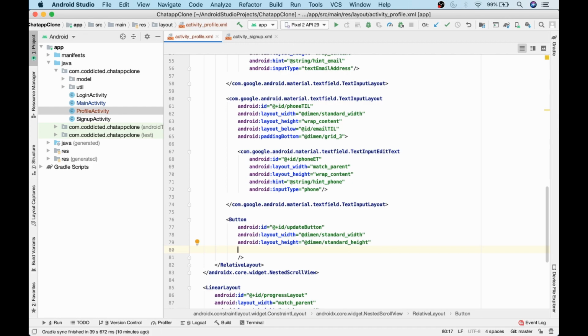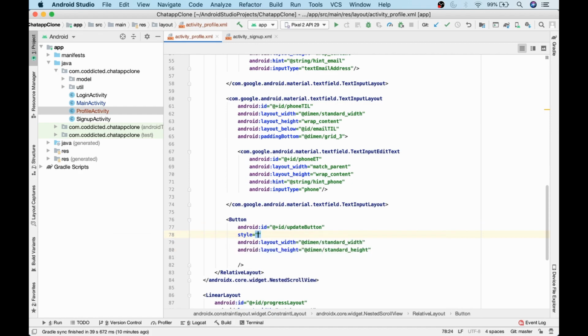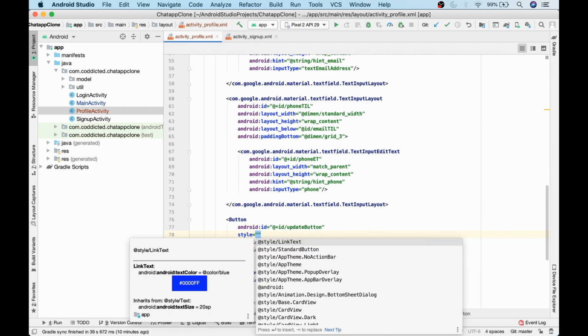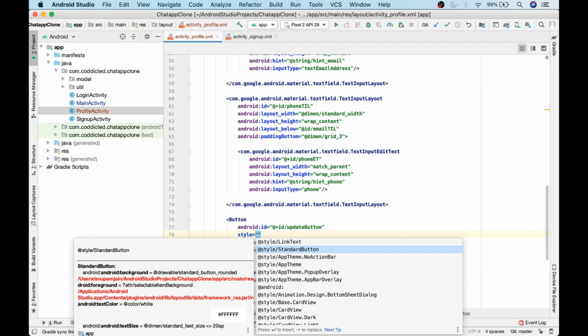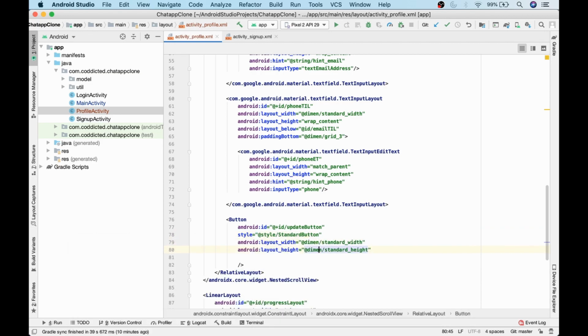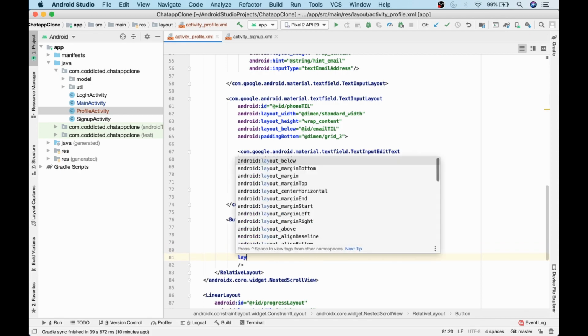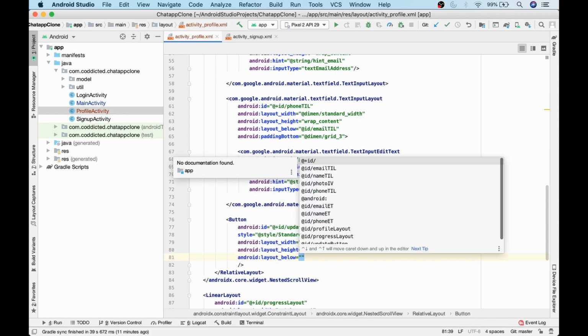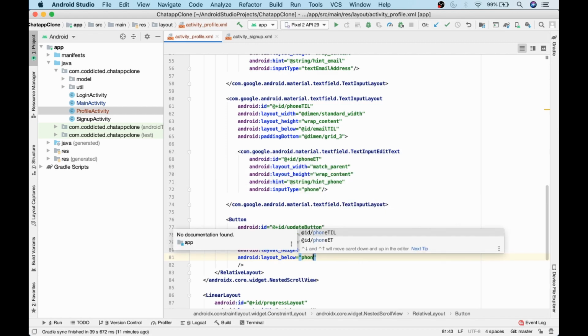And we want to have a style also similar to what we had in other. That would be standard button style with height, and this would be below phone TIL,